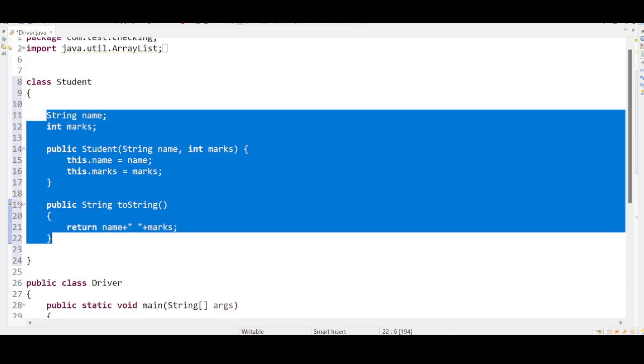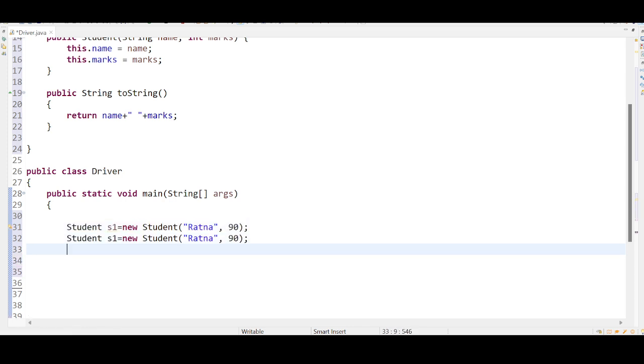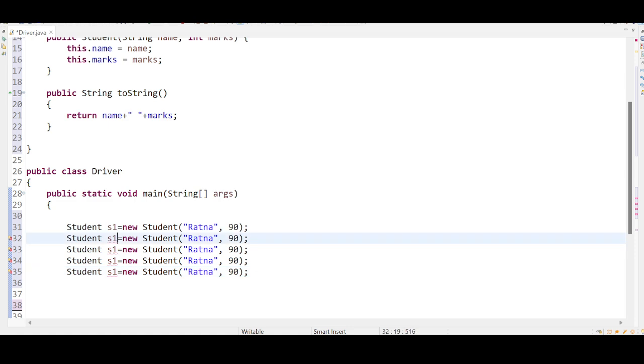I want to store the data. For that, I am creating student objects. I am going to create 5 student objects. Student s1 equal to new Student. The name of the first student, let us take it as Ratna. Let's say that Ratna has secured 90. Let me take 5 students: s1, s2, s3, s4, and s5. Ratna, and let us take Suresh, Ramesh,